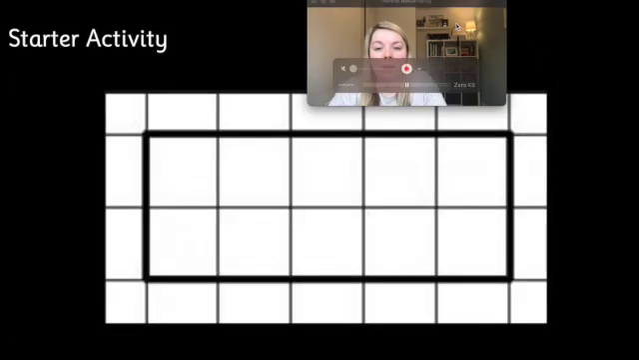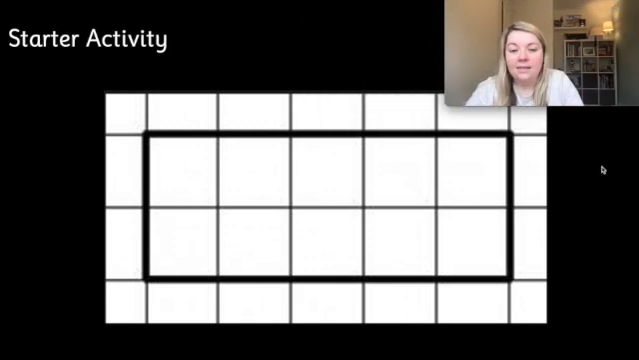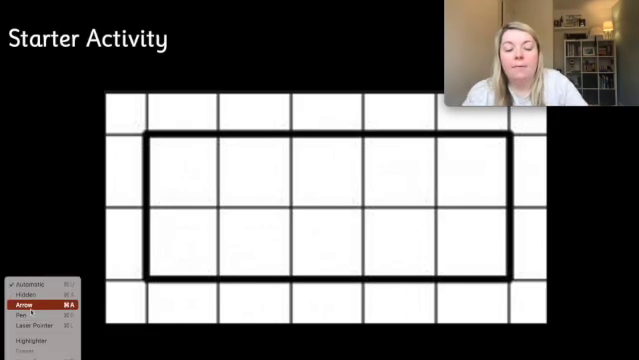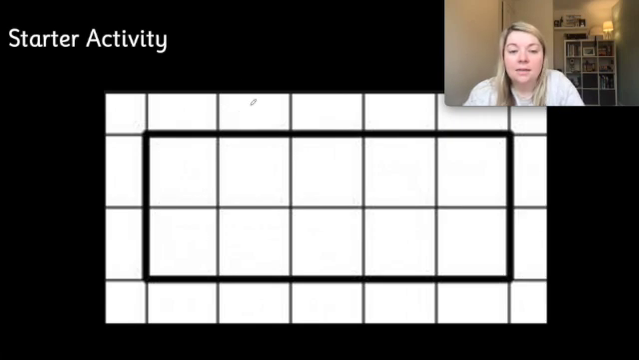Okay, moving on. I'd like you to try this activity and pause the video and work out the area of this shape. So please pause the video and have some thinking time. Okay, so now you've had some thinking time and worked it out, let's work it out together and see if you got the same answer as me. So the area of this shape is 1, 2, 3, 4, 5, 6, 7, 8, 9, 10. So the area of this shape is 10